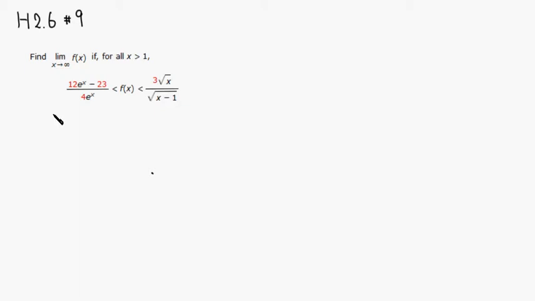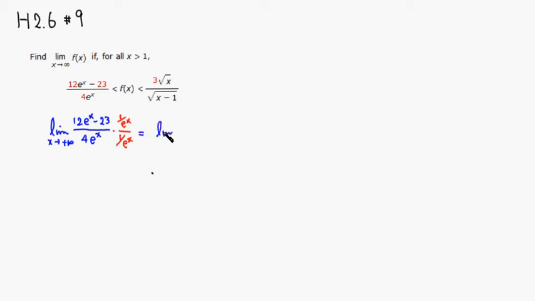So we take the limit of the smallest guy, 12e to the x minus 23 over 4e to the x as x approaches infinity. And again, the trick is to multiply top and bottom by 1 over e to the x. That way we're going to get